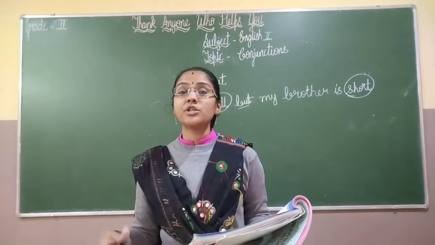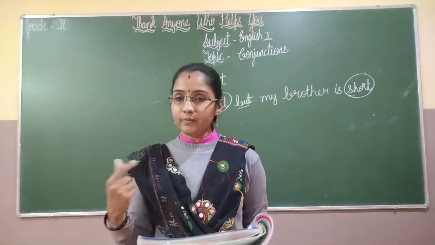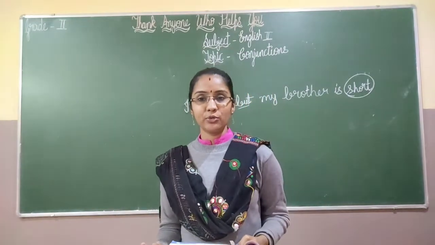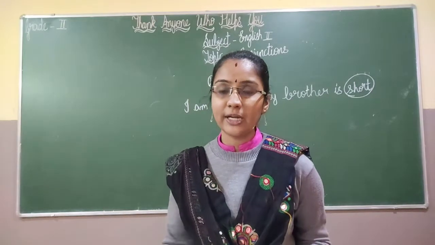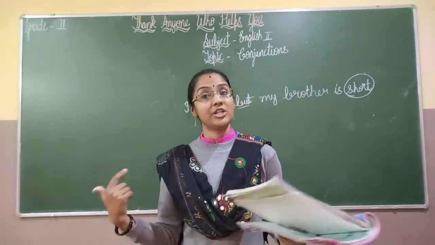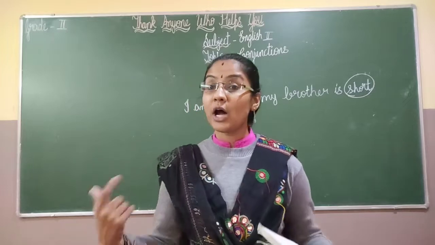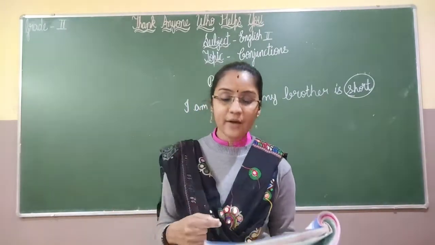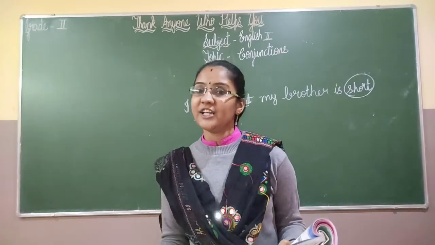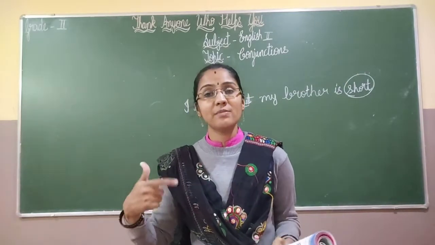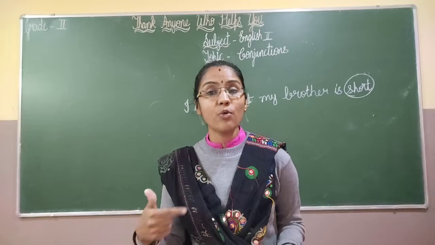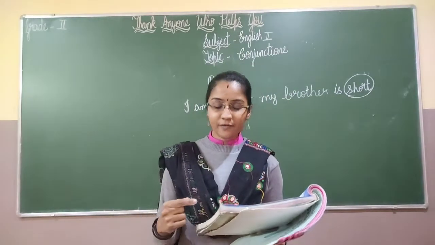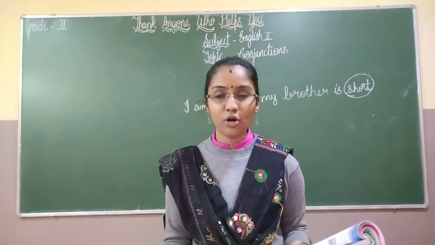Reena fell down, she did not cry. Here we are talking about only Reena. So what happened to Reena, children? She fell down. So Reena fell down, but she did not cry. So how do we write this by using "but"? Reena fell down, but she did not cry. When I am saying a sentence, I want you to read along with me also. Okay? Reena fell down, but she did not cry.